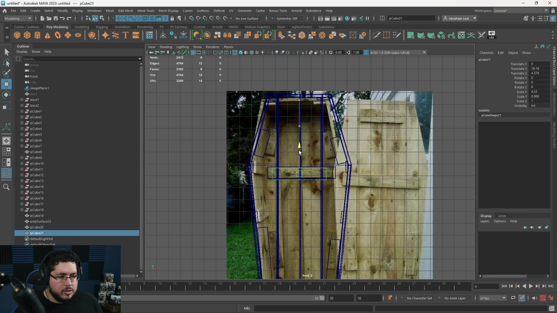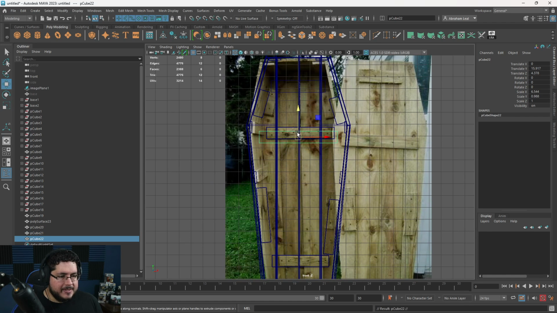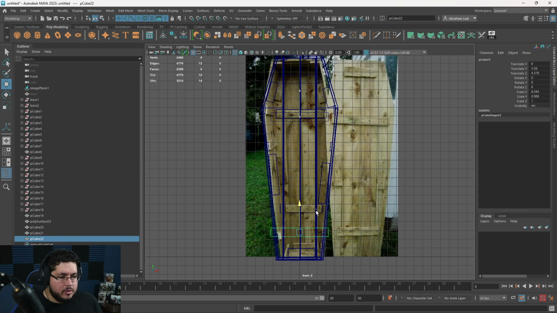This is where you can start making some decisions for yourself. There's one on the bottom here, and then there's like 2 lateral ones. So right on the edge, actually, like there